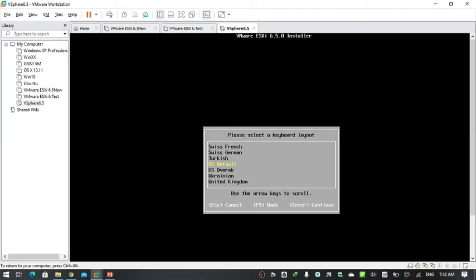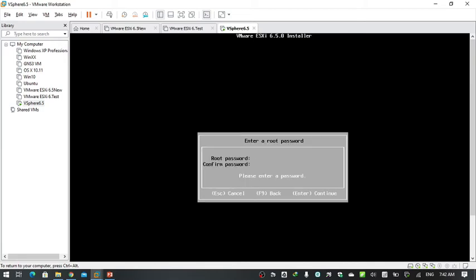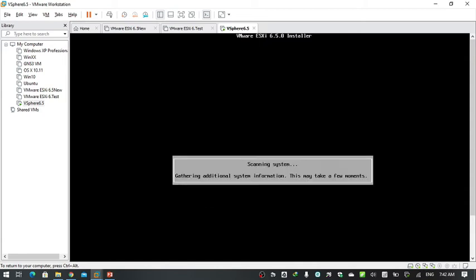Keyboard layout, you just press enter again. And the important one is the vSphere password that we need to supply later on for our root account in order to configure our vSphere via the web browser. After the password is matched, press the enter key and it will start the